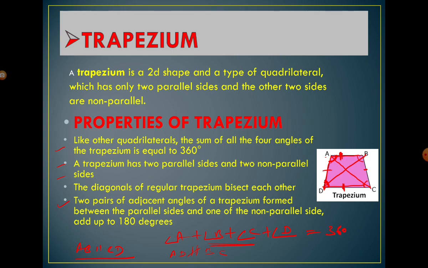Here I'll draw one more quadrilateral, where I am taking this side and I have one side like that. So this quadrilateral ABCD is also a trapezoid, or you can say a trapezium. Then what is the difference between this trapezium and this trapezium? This is my normal, traditional trapezoid, and this one is my isosceles trapezoid.